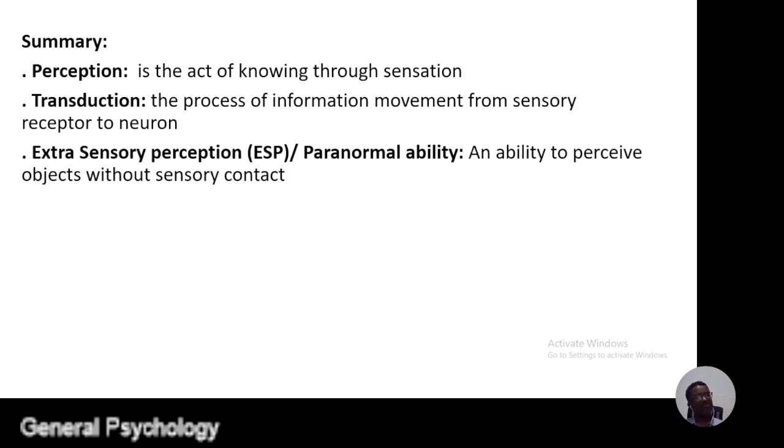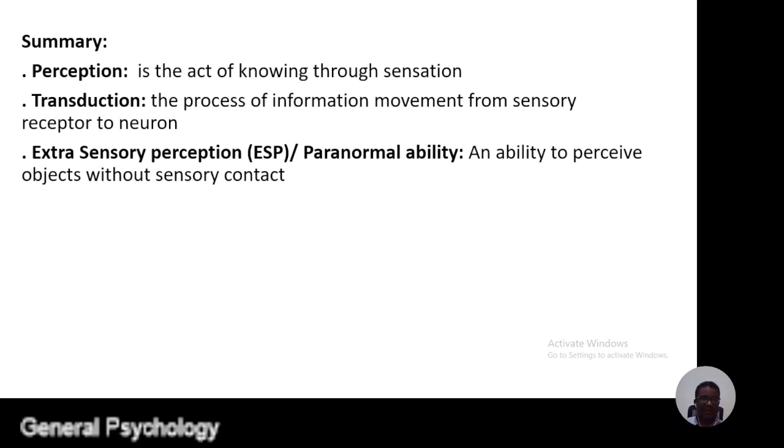Okay, as a summary, we already discussed the meaning of sensation. Sensation is the process of collecting information by using our organs. Perception is the process of giving meaning to the information. Transduction is the process of information movement from sensory receptors or sensory organs to neurons. And the other important and unique point is extrasensory perception, or paranormal ability, an ability to perceive objects without sensory